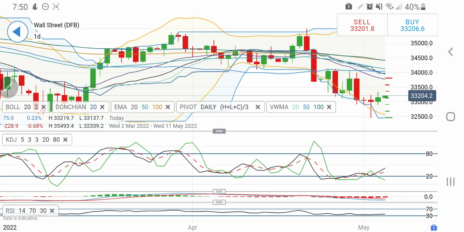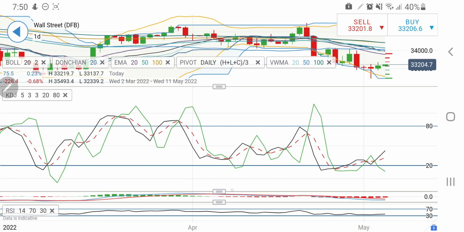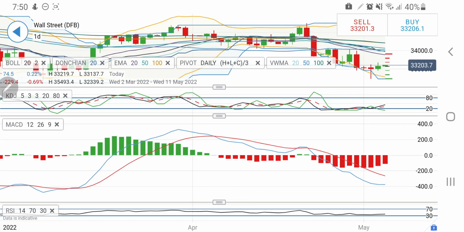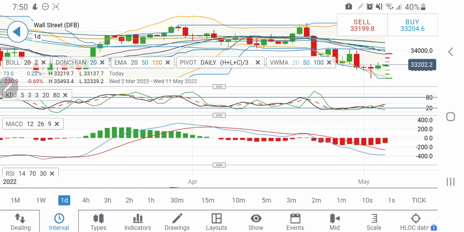So yes, with the support at 33,100, one can remain long on US 30 today. And below that on the downside, 32,900 is very strong support, and below that we may see a sharper drop again, which might take it towards 32,400 also. The stochastic is looking upwards. The MACD is trying to converge and crossover on the buy side, hence I will be cautious there. RSI is not showing any signs, so considering this, one can remain long on US 30 till the time it